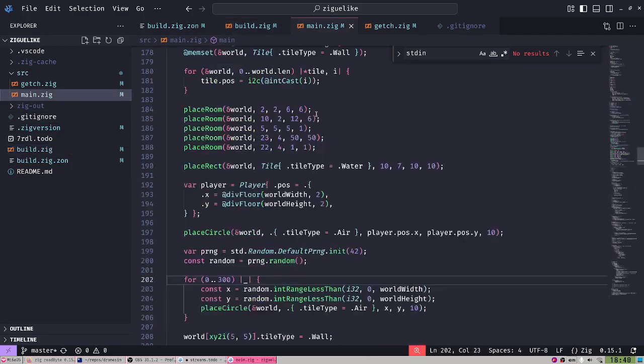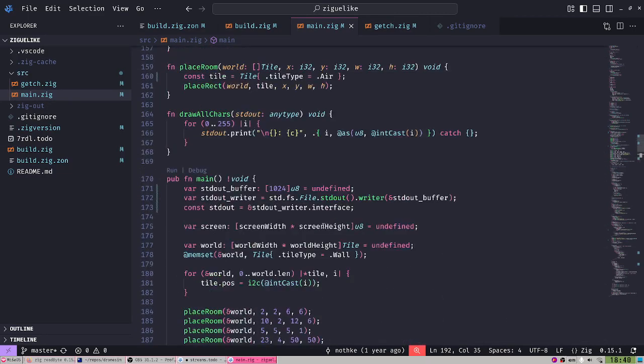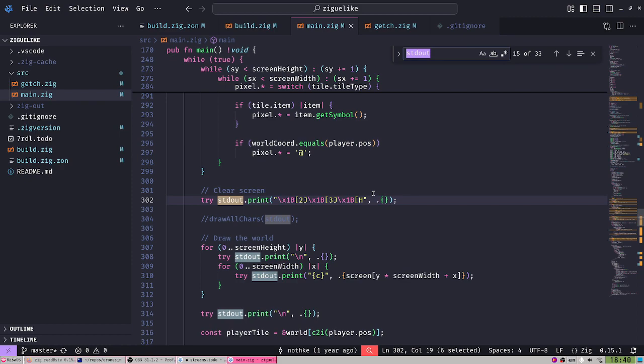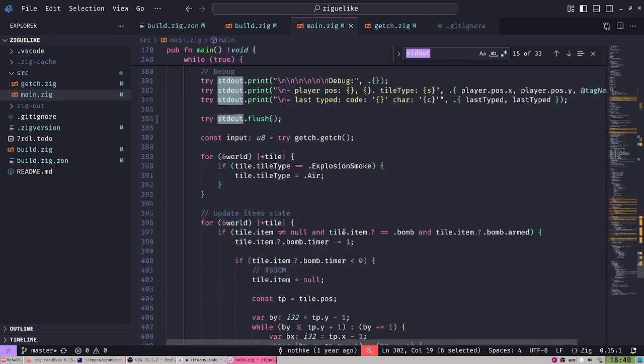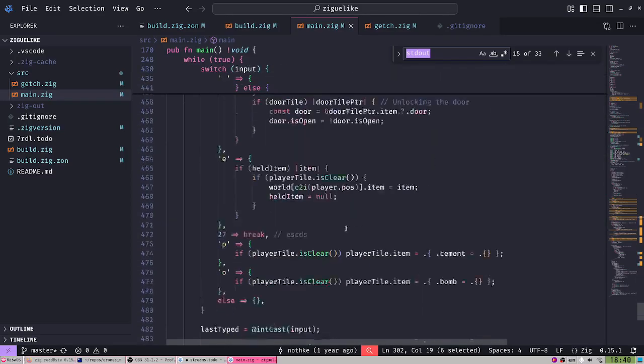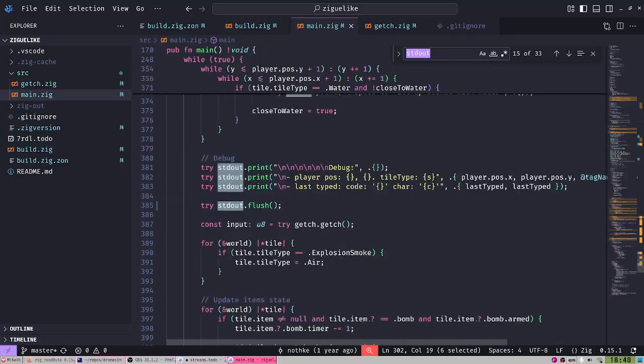Then in the main here, we had to replace the writer with a buffer. We create a buffer. You then create a writer and take the stdout as the interface and then use that. And in the end, you can just use a print. And finally, after you've done all the printing, we flush, and here it is.